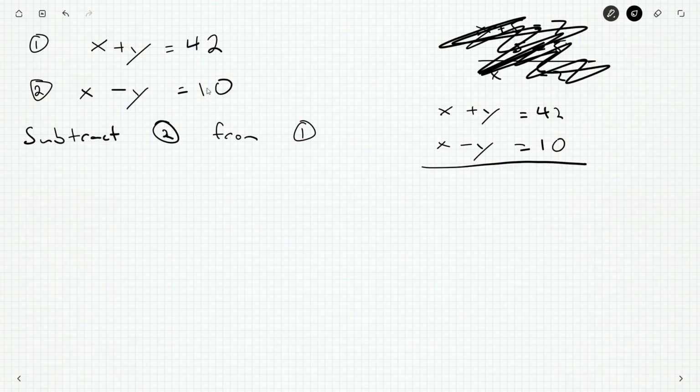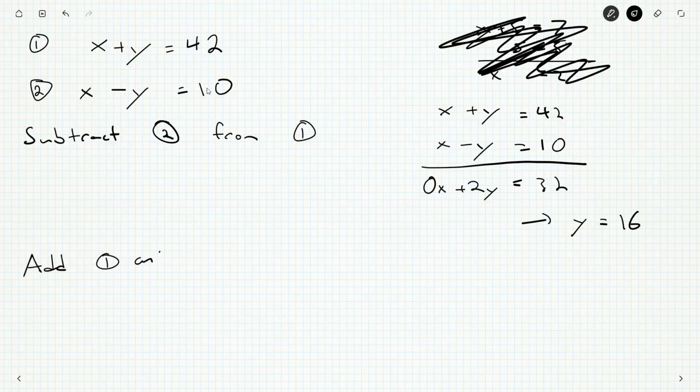But x minus x is 0 x's. y minus negative y is 2 y's. And 42 minus 10 is 32. And from here we divide by 2 on both sides, and we get y is equal to 16. Now, we can either take that 16, plug it back in, and solve for x. x will be 26. Or you could just say something like add equation 1 and equation 2,